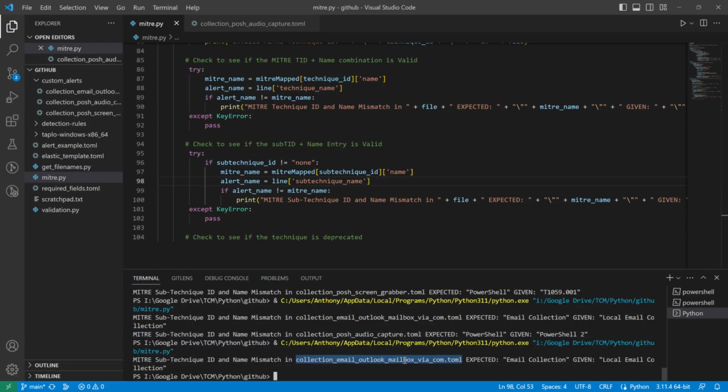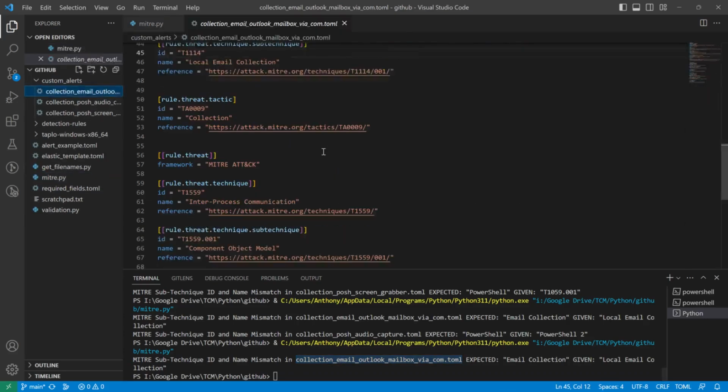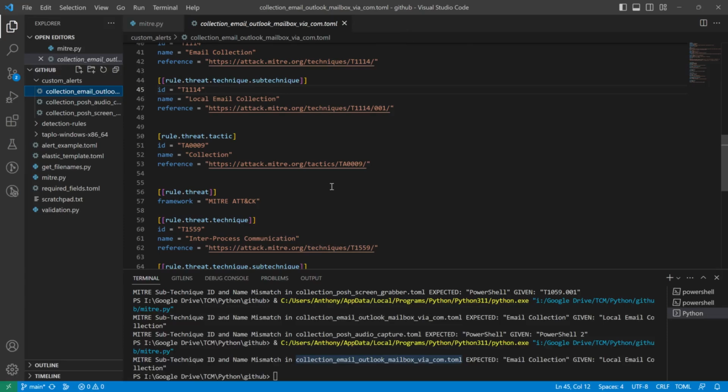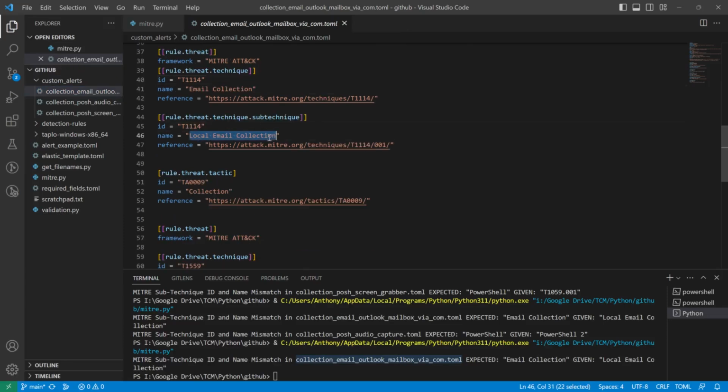So it's actually finding an error from the Elastic alert itself, which is really interesting. Okay, so it's expecting email collection, but it's given local email collection. So what's going on here? So let's look at this email Outlook mailbox alert. All right. So email collection, where is that? That's right here. And we can kind of see the problem if you look at it for a little bit